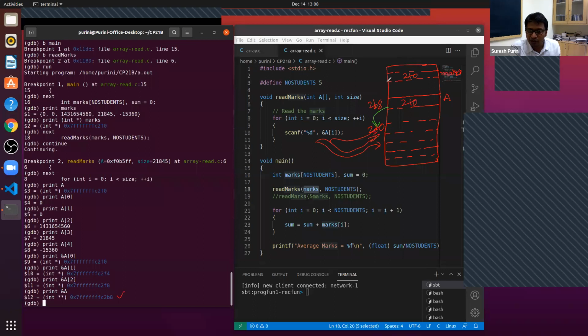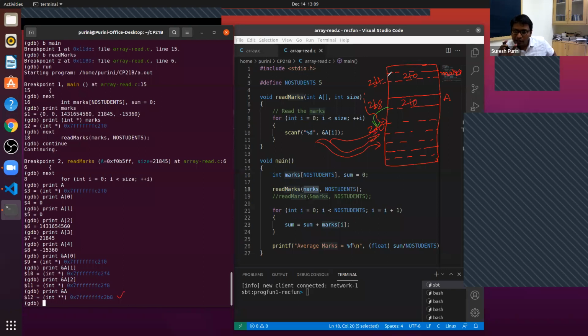Okay, that is what is happening. So marks also is pointing to this. Are you with me here? And what is the address of marks? Some address. Okay, let's say 2DF. Does this picture make sense?